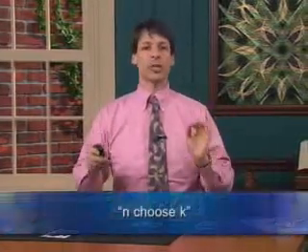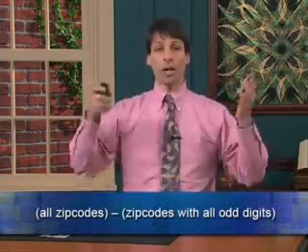Now fortunately, there's a correct approach that breaks the problem into 5 cases. How many use exactly one even digit, how many use exactly 2 even digits, and so on. But we're not yet ready for that approach. It uses the number n choose k, which we'll mention later in this lecture. Fortunately, there is a simpler solution. It's called the strategy of complements, which says, answer the opposite question. Our question was, how many zip codes have at least 1 even digit? To do that, we count all the zip codes and subtract those that contain all odd digits.